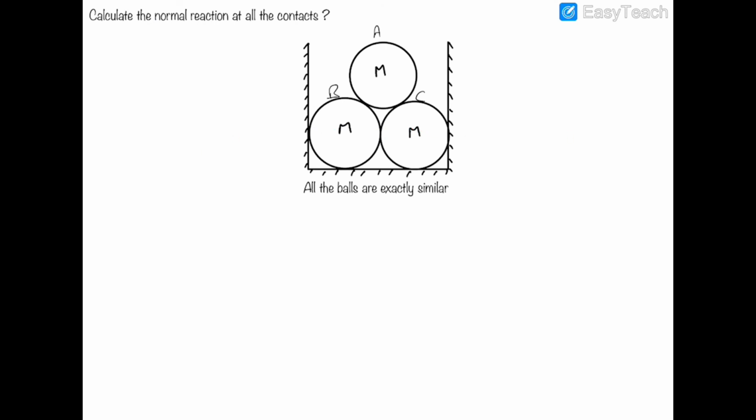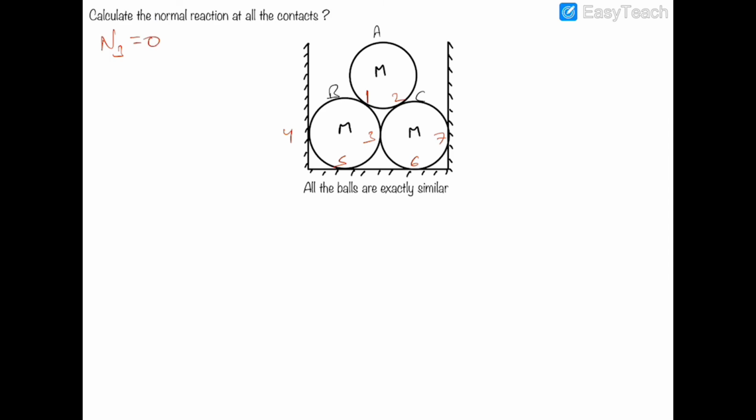If we observe the tendency of B and C, they are tending to move away from each other. They are not pushing each other. So this leads us to a very important conclusion. If we name the contact surfaces, this is 1, this is 2, this is 3, this is 4, this is 5, this is 6, and this is 7. Then if B and C have a tendency to move away from each other and they are not pushing each other, we can say that the normal reaction N3 will be 0.